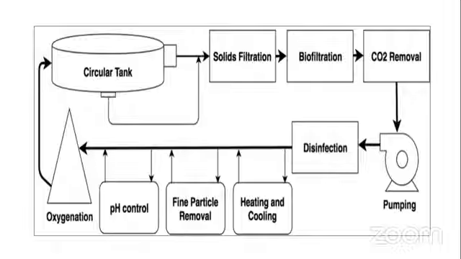Utilize minimum land area and water. Fishes are reared in indoor or outdoor tanks in a controlled environment. The recirculating system filters and cleans the water by recycling it back to the fish culture tanks. New water is added to the tank only to make up for splash out and evaporation, because we have to maintain a certain water level. So only that much is added. Next slide, please, ma'am.